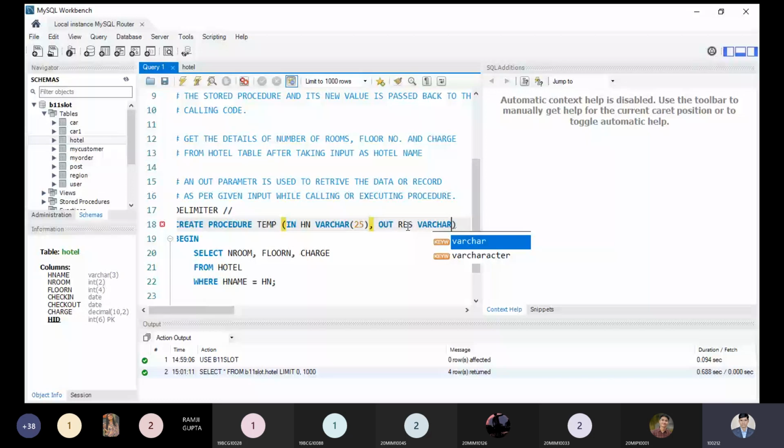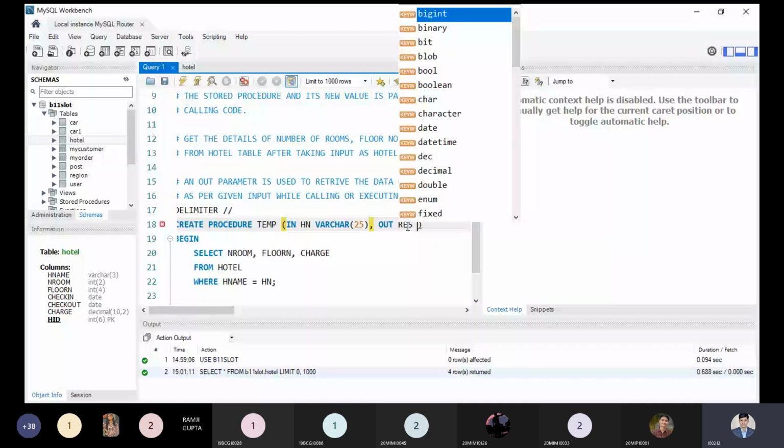It's my choice. So the result will determine how many records I am getting, so I'm making this result an integer.